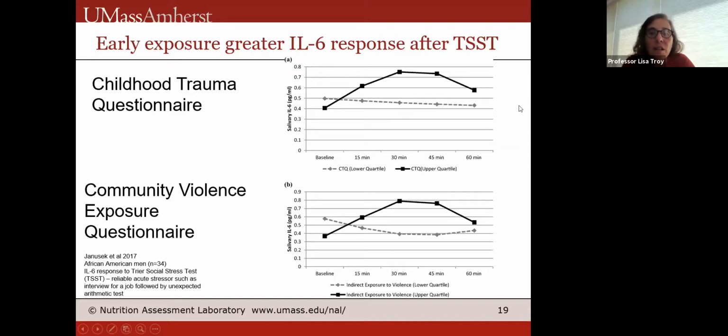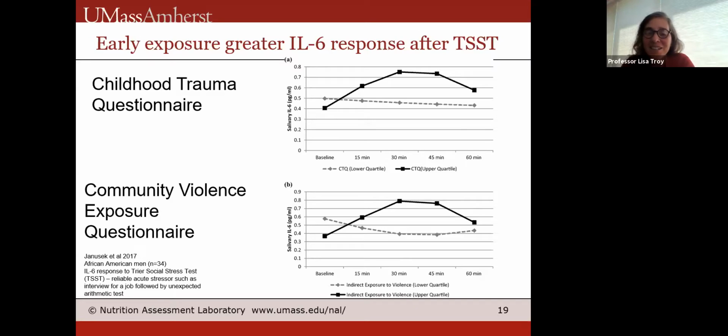And what you can see here, they looked at IL-6 in the saliva, and what you can see here is that for those who had the most childhood trauma, we have a really substantial acute IL-6 response rate. And the same is true with those with the highest direct exposure to community violence. They have a really, I want to say nice, because it is such a nice curve, but it's a really good response curve